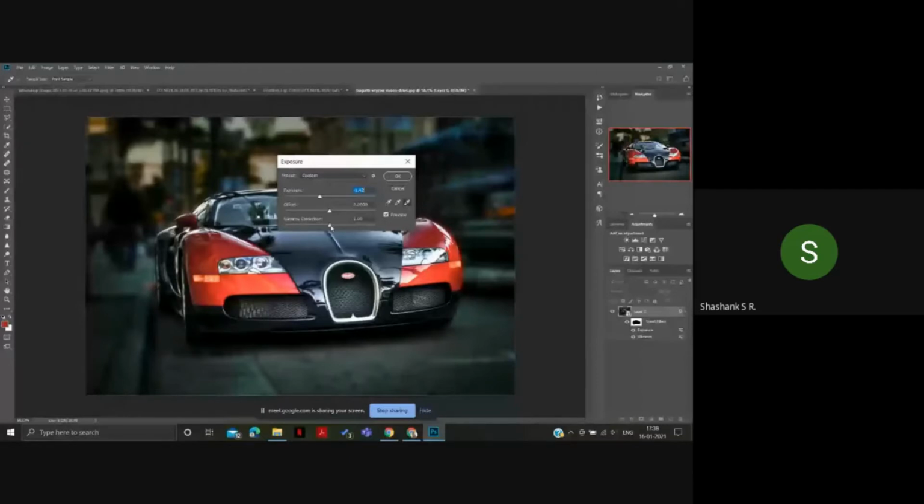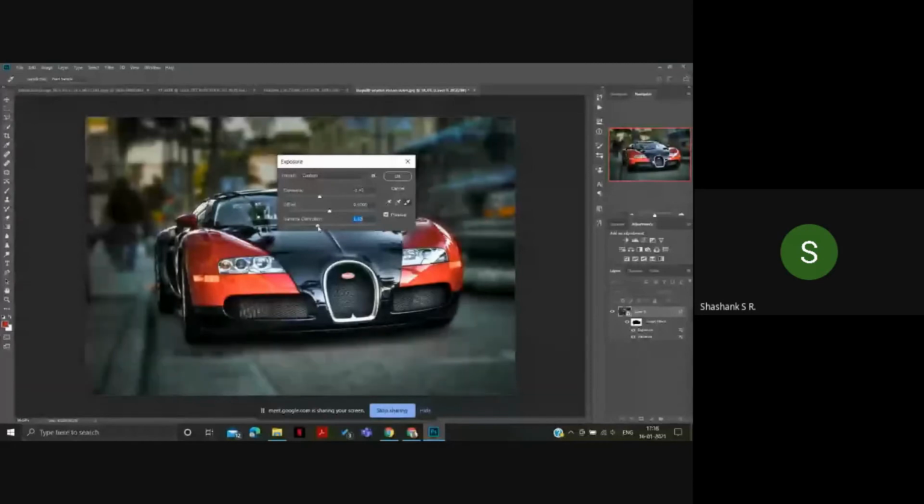So if you increase the gamma correction, it darkens too much. You don't want it. You want it to be lighter. So you can enter the value of 2 if you want. I think this should be fine.